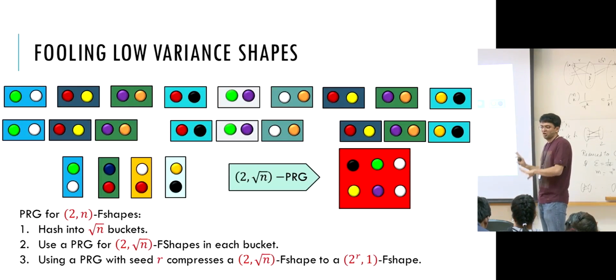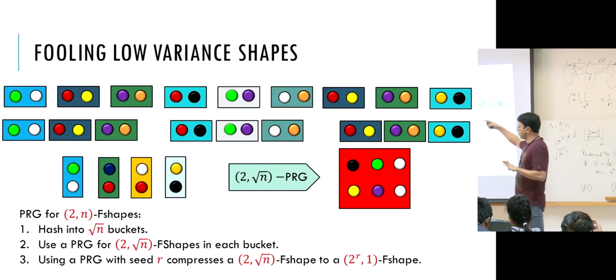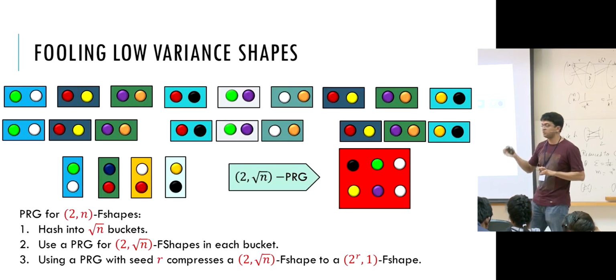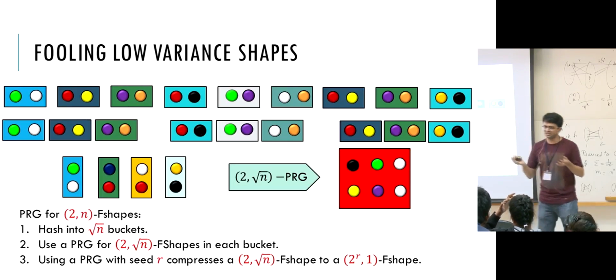Let's now focus on the low variance case. Let's assume that if the variance is high, that case is easy. Okay. Now, in all of these examples I gave you of things we were trying to fool, if we forget